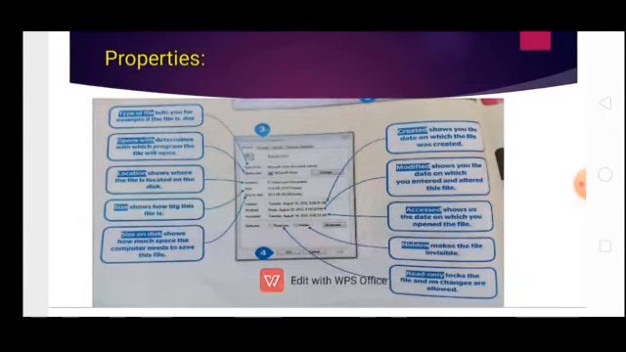Types of file. Open with. How we can open a file. How we can find the location of the file. How we can show the size of the file. And resize the size of the file. Size on disk, how we can create a new file, how it is modified, how it is accessed, and hidden makes the file invisible, read only,